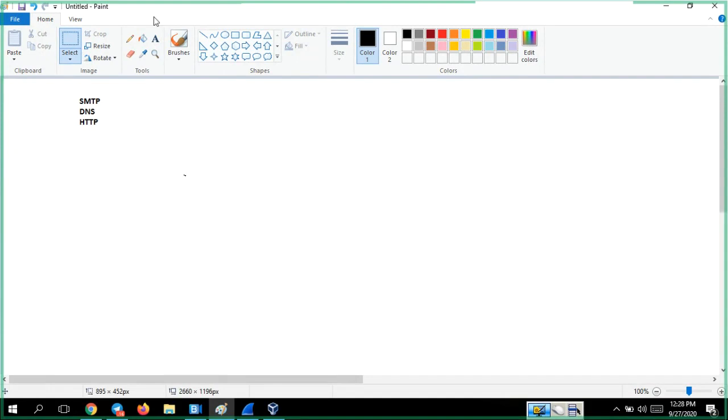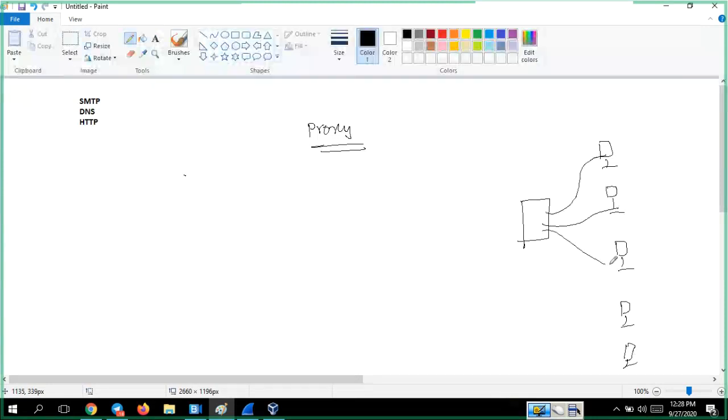Okay. Then let's discuss the proxy. So what is meant by a proxy? Proxy means you have the traffic from various web applications. In real time, it will be like this only. So every traffic, if it is HTTP in the real world, as I said earlier and am repeating now,